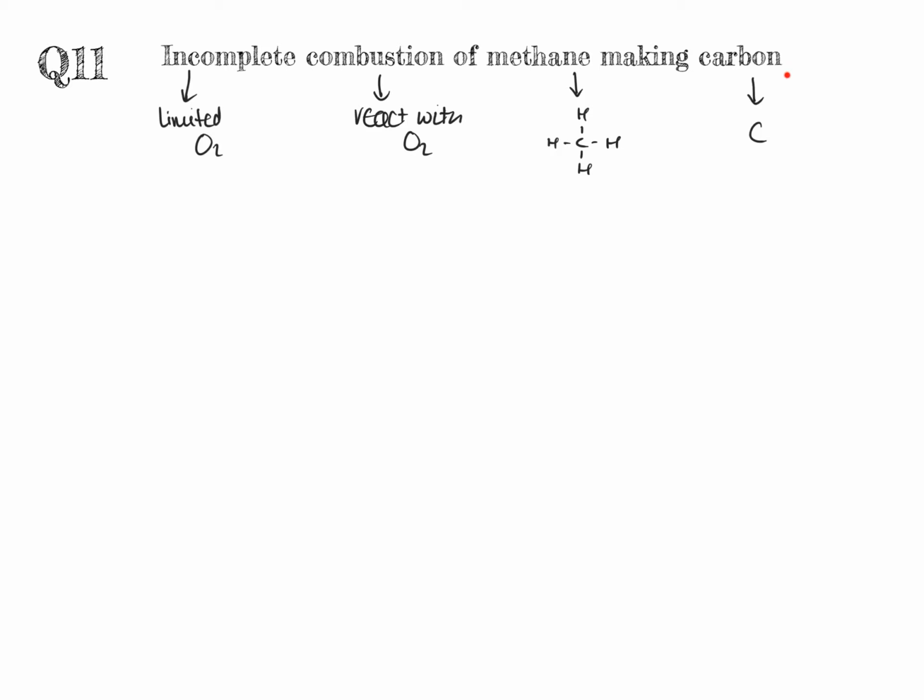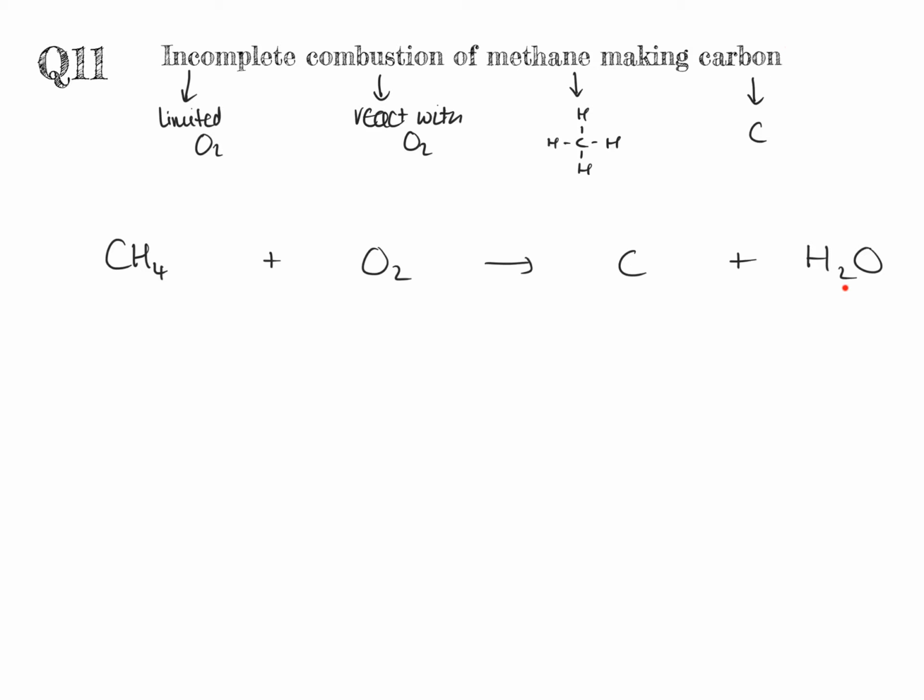And in this particular question, it makes it a bit clearer that we want the equation for the one that produces carbon alone, rather than carbon monoxide. So I'm going to write this as an equation. Again, I've left some gaps for our big numbers because that's how we get our final marks for this question. And I have put our reactants, methane, the fuel, and oxygen because it's combustion. And I've got our products on the right-hand side, carbon, because it's what the question asks you for, and water,